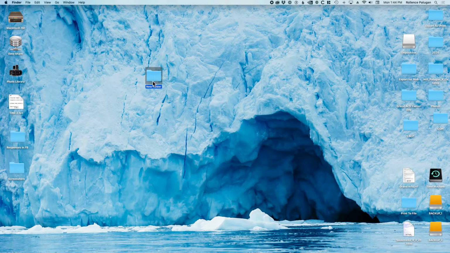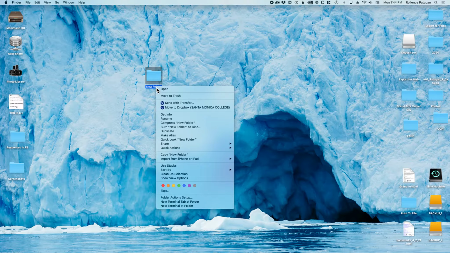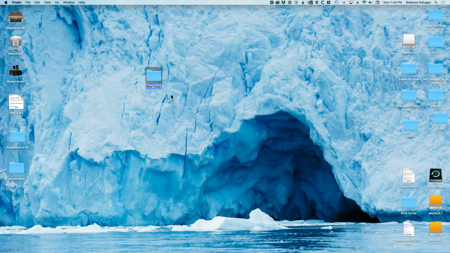Now I need to name my folder with the assignment name and my name as well. So I need to access my secondary menu. I'm going to right click on this, or you can control and then left click and get to the secondary menu. Both operating systems, the Mac and Windows, should have some sort of compression feature. On the Mac it says compress and then the name of the folder, which is called new folder. On Windows it may have something similar, so look for something that will compress the file and create what's called a zip file. But before I do that, I need to rename this folder, and I'm going to give it